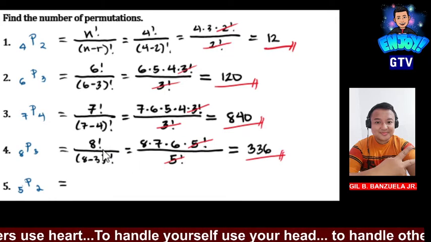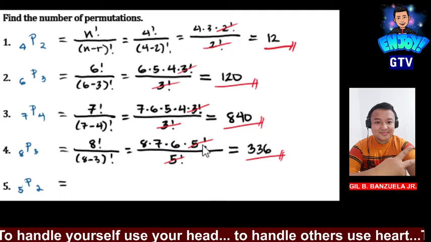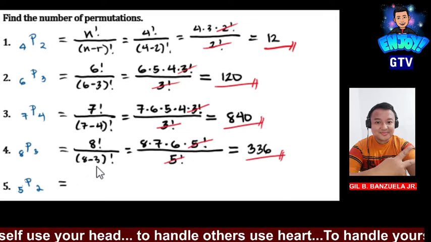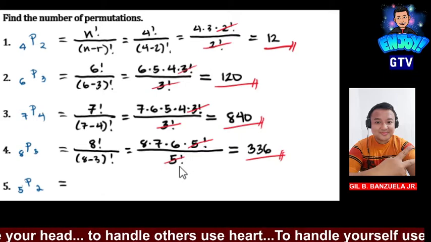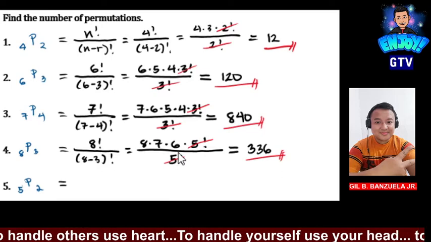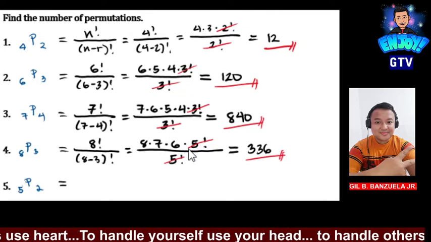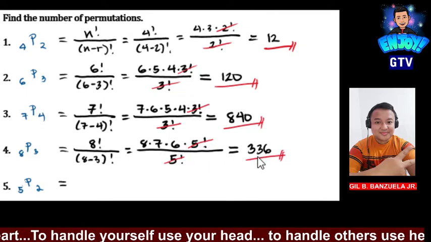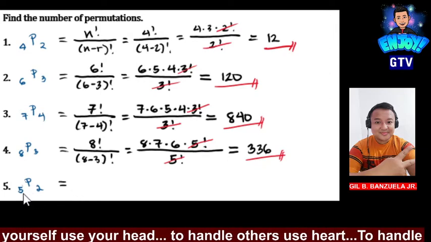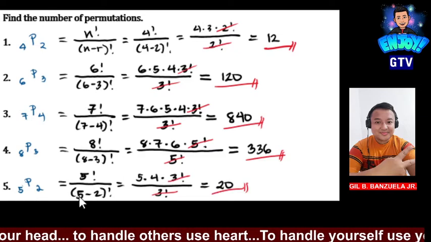Then again, expanding 8 factorial into 8 times 7 times 6 times 5 factorial. We will stop at 5 factorial because 8 minus 3 is equal to 5 factorial in the denominator, which we can cancel out. Then what is left now is 8 times 7 times 6, which is equivalent to 336. And finally, the permutation of 5 taken 2 is equivalent to 5 factorial divided by a quantity of 5